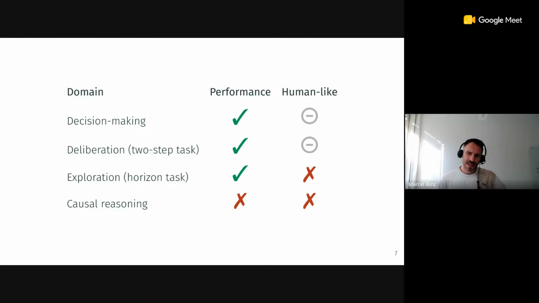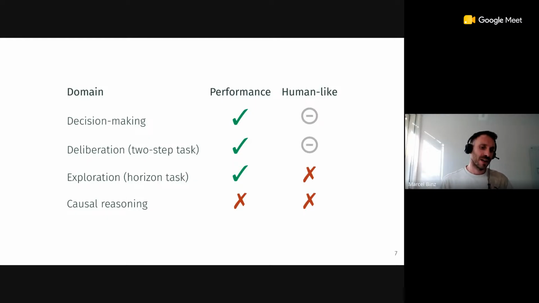But then, when we investigated a bit more closely how GPT-3 actually solved these kind of problems, we found that its behavior quite strikingly diverged from how people solve these kind of tasks. And in particular, we found the biggest divergences in the cases of exploration and causal reasoning. And I think to some extent that makes sense, at least if you want to come up with a post-hoc